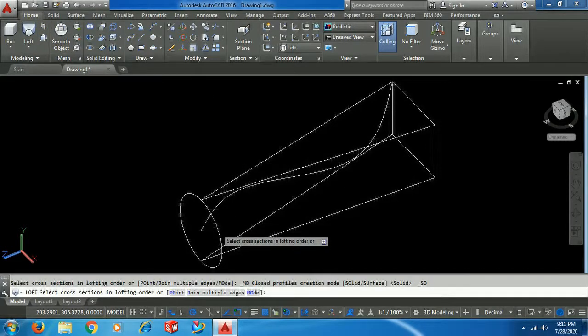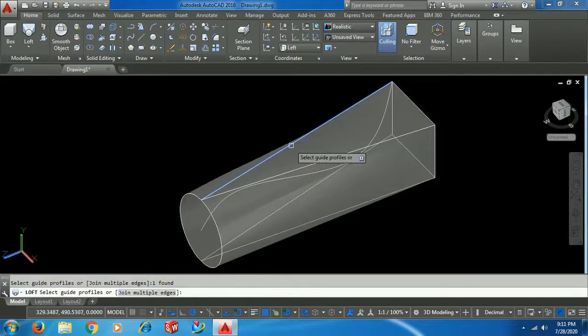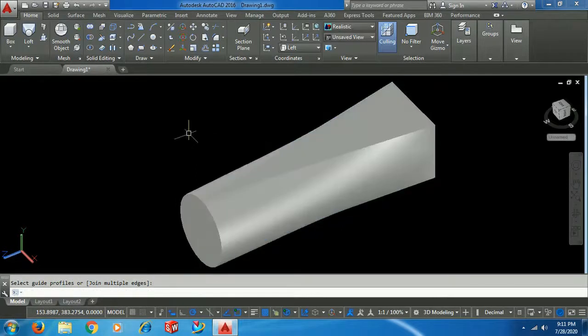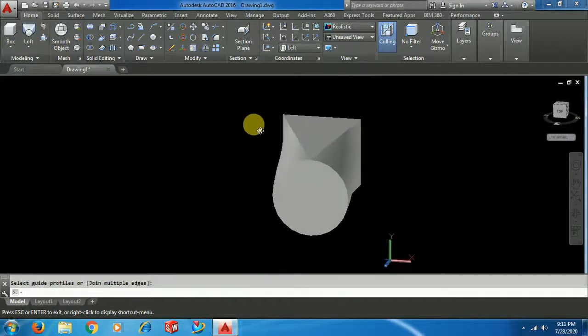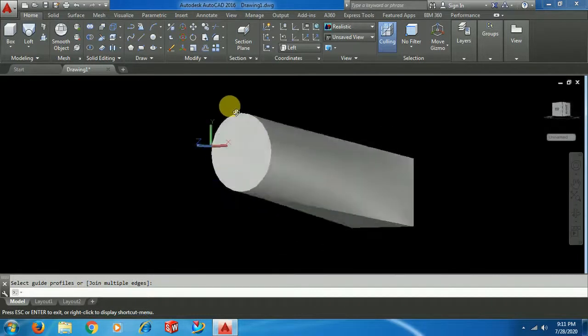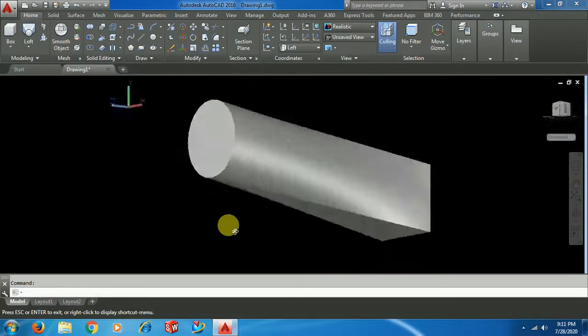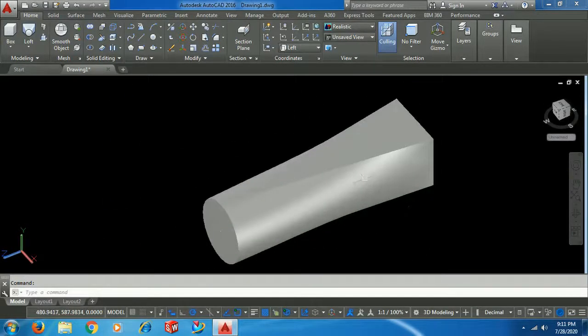Now see the output. Section 1, section 2, enter, guides. This line, this line, this line, this line, all four lines are selected as guides. Then go for enter. Now I rotate and show you. See the difference. The edges are meeting at one point. The downside is also the same. Like this you can utilize a guide.